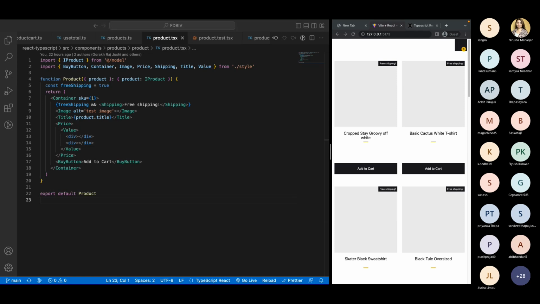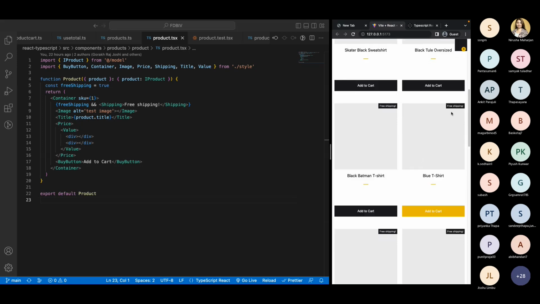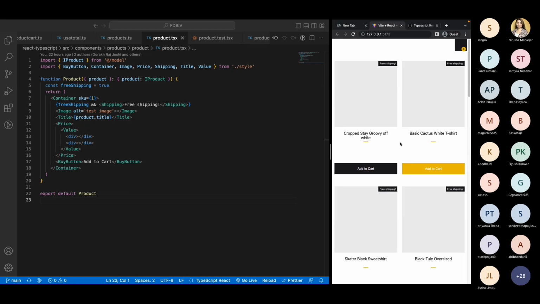Product component is missing images, right? And it is missing the price, and it is missing this functionality. When I click here on add to cart, it is missing that functionality. That pop-up is not coming from right to left, and it is missing this shipping status as well, because all of these products are not